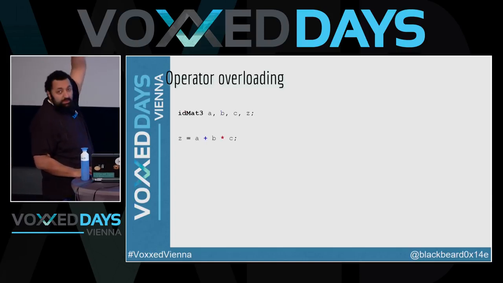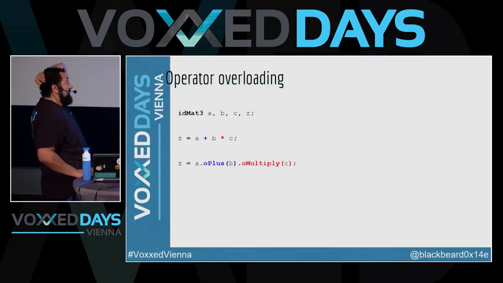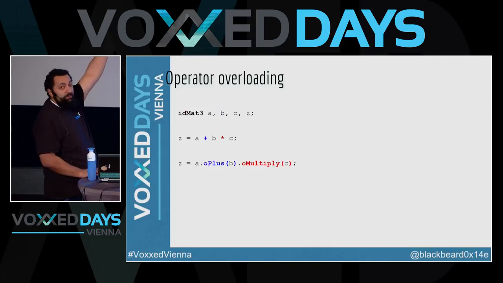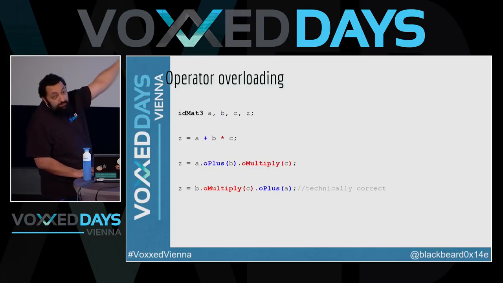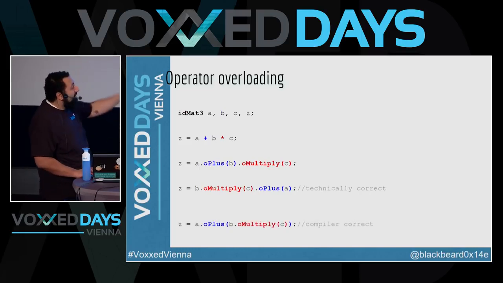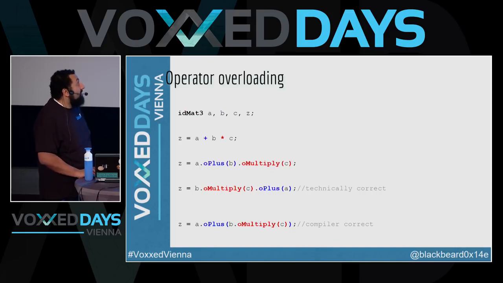You want to do this kind of operation in C++, yeah? So this is how I first wrote this kind of stuff in Java, but this is actually wrong, as anybody familiar with these kinds of bugs knows. Because you have operator precedence, if you do it like this, you add A to B and you multiply the result by C, but that's really not correct. So this is how you actually should do it. And it's not readable anymore, I know. And this is kind of like what the compiler does, but it's still not readable.